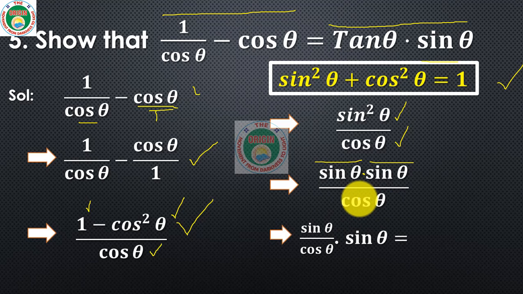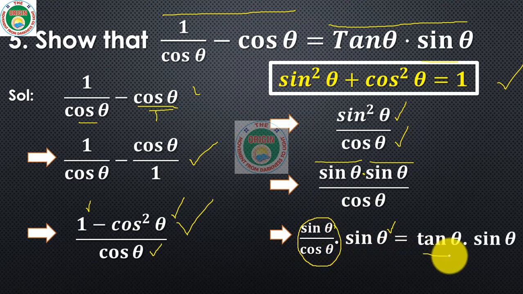Now I divide the term, that is sin θ by cos θ. So this cos θ is written for one sin θ only, and the remaining sin θ I write separately: sin θ by cos θ into sin θ. Here sin θ by cos θ is what? Sin by cos is tan, we already have the formula. That is tan θ into sin θ. That is the required solution. Here you are using the formulas sin square θ plus cos square θ equals 1 and sin θ by cos θ equals tan θ. So read the formulas very carefully.